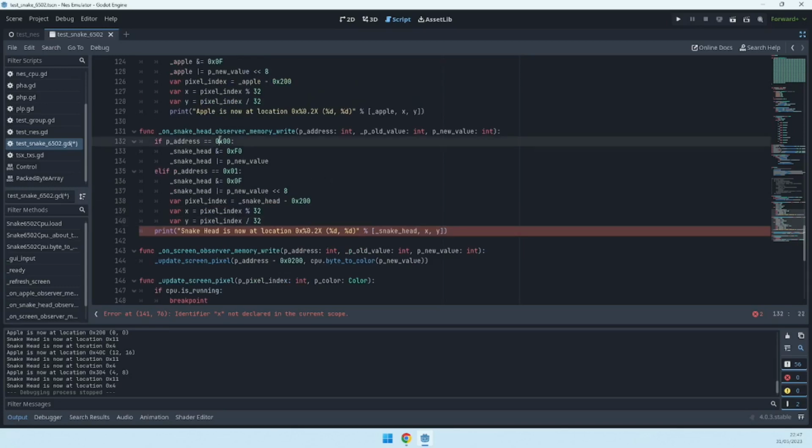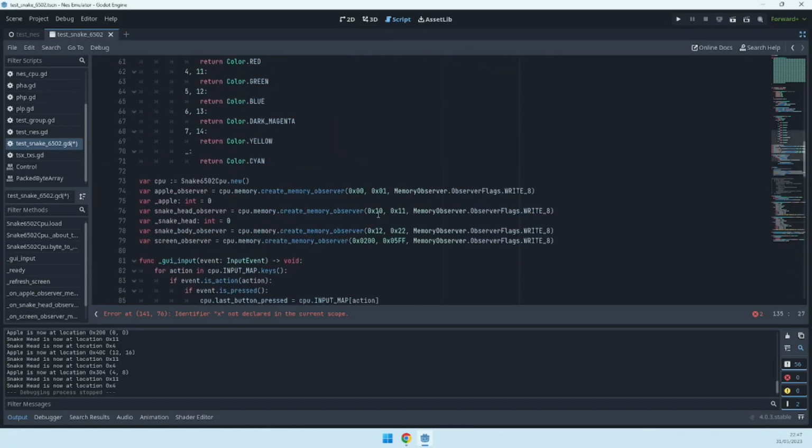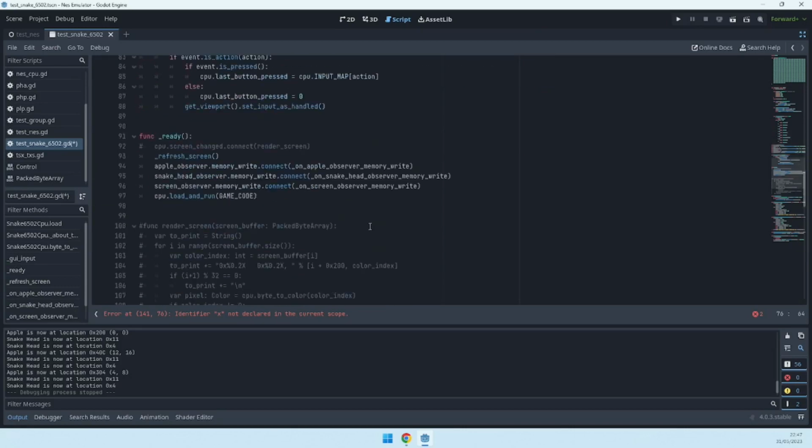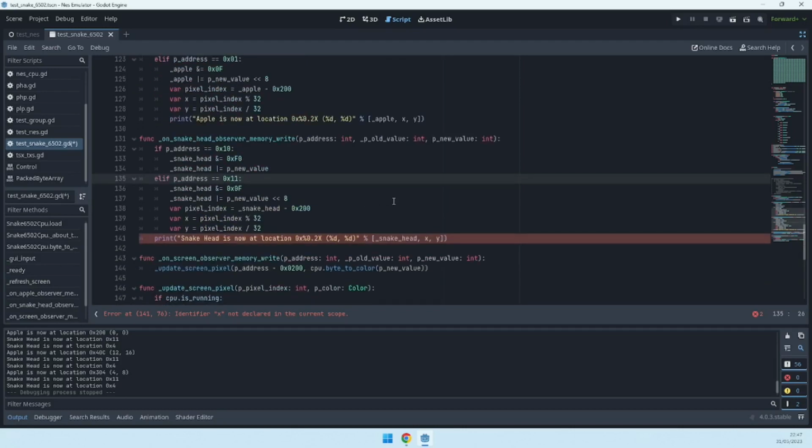And we need to change the memory where the snake head is located, which I believe is 2 and 3. Correct? No, actually it's 10 and 11. Sorry about that. So it's 10 and 11. So now we can